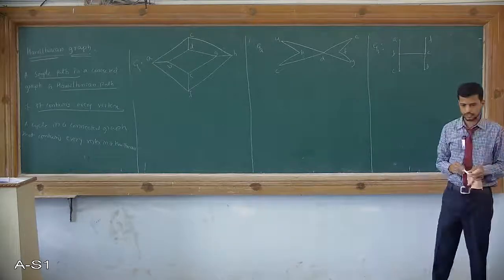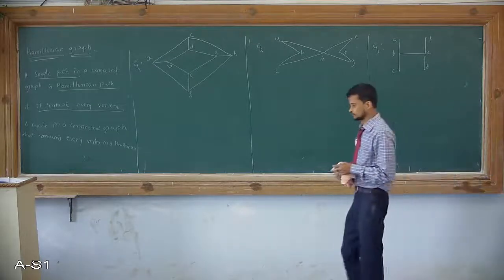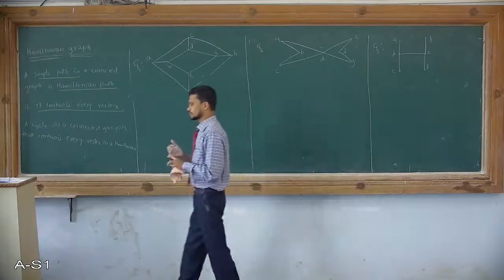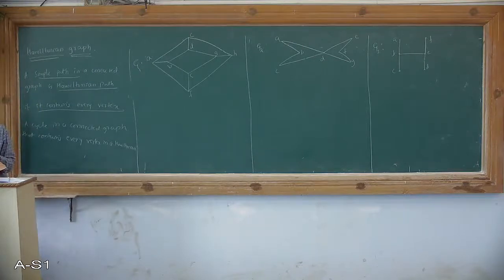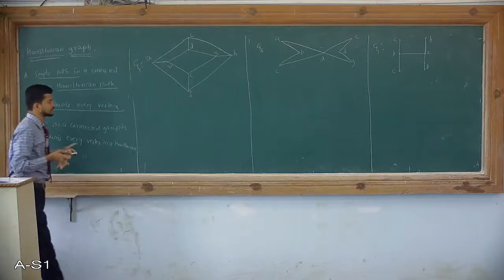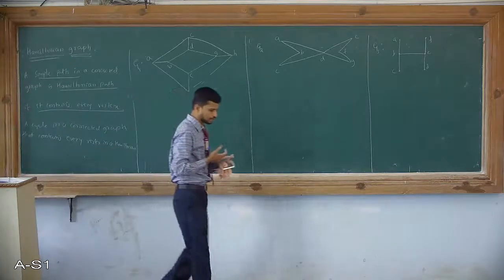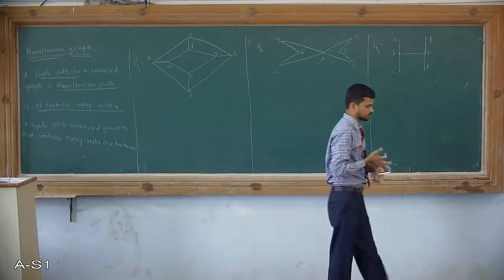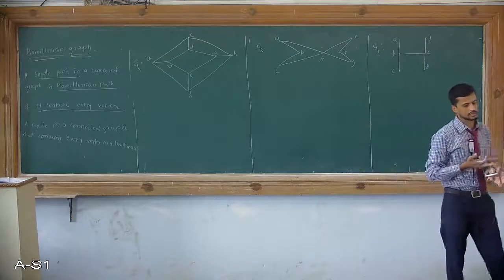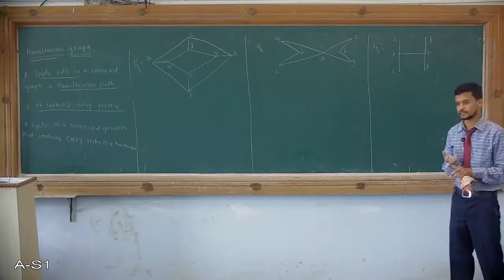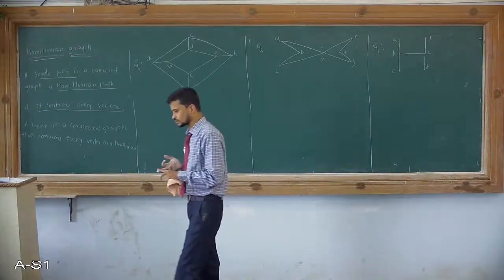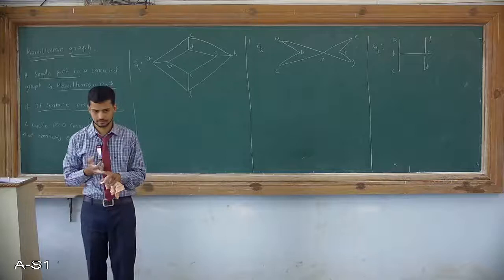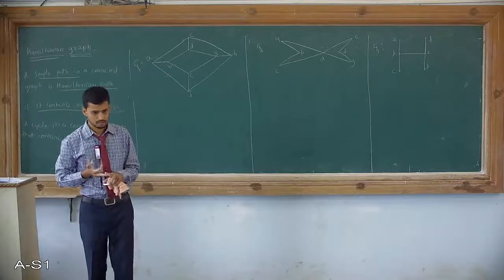Again I will repeat the definition once again. Hamiltonian graph. First and foremost, we need to discuss the Hamiltonian path, if it contains every vertex in a path. If it contains every vertex, the question will be whether vertices are repeated or not. Here the answer is that vertices need not be repeated. He will not talk about edges, he will only talk about vertices. So vertices are not repeated here. So that is called a Hamiltonian path.